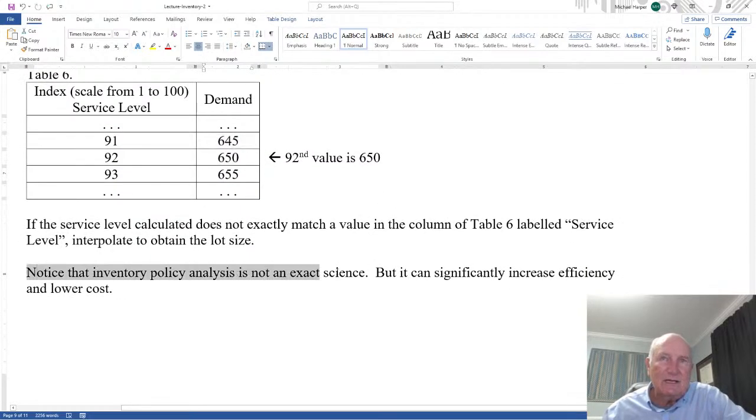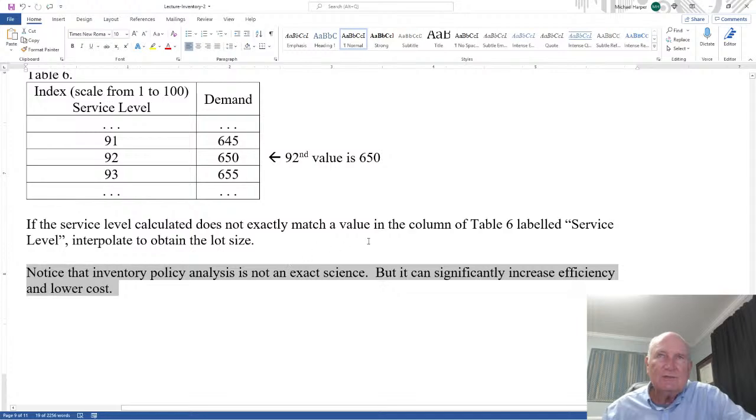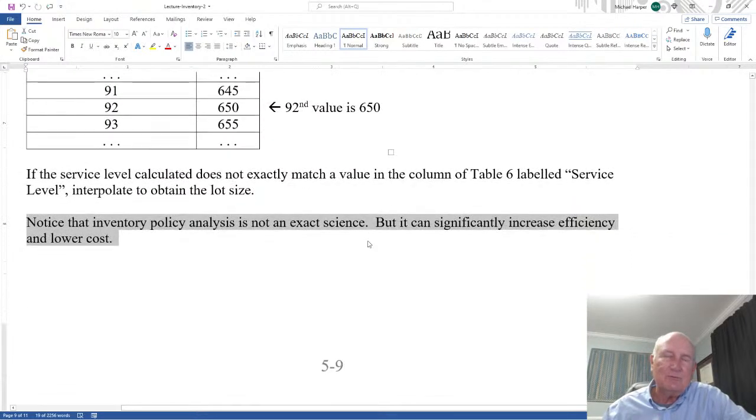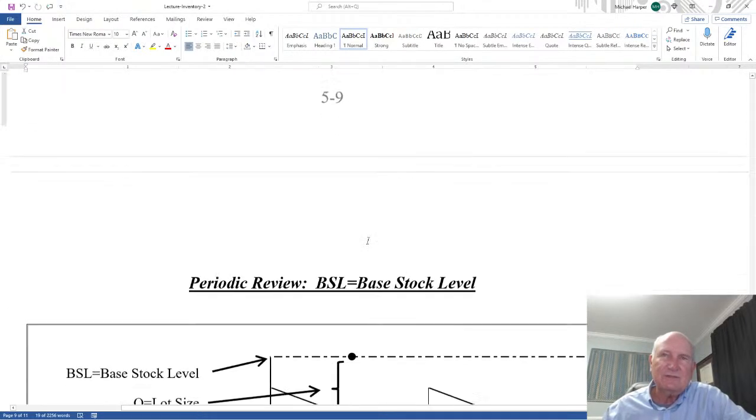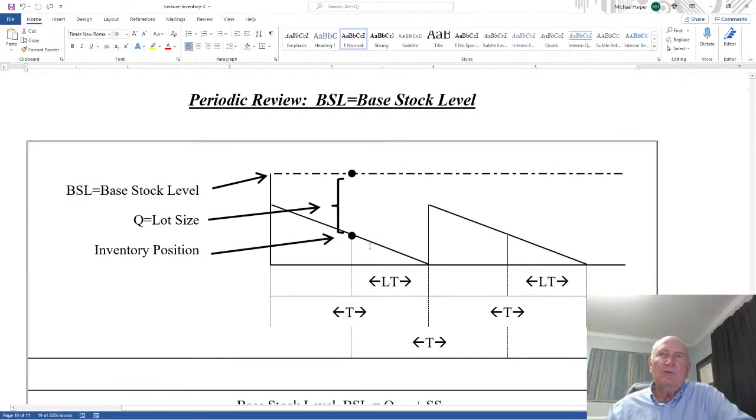Notice that this is not an exact science, but it can significantly increase efficiency and lower cost. Okay, so this session is just some practical tricks of the trade on how you get it done. Well, the last thing we do is something called the base stock level, and this is periodic review. So in the periodic review, the base stock level,